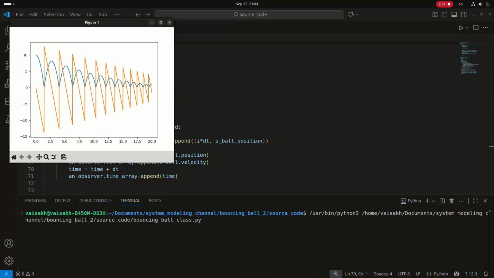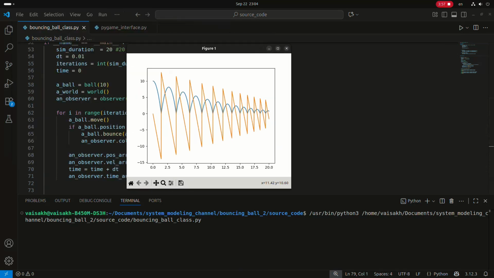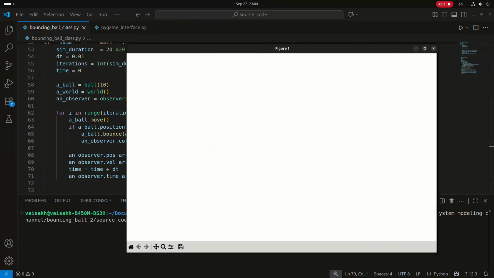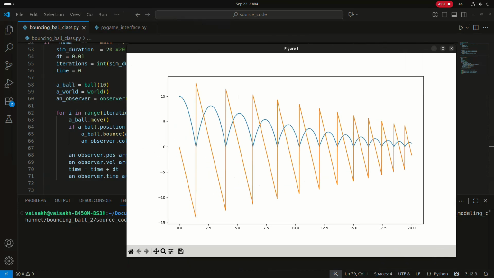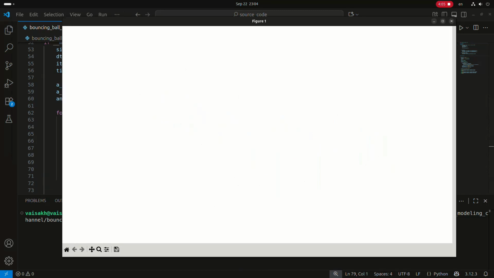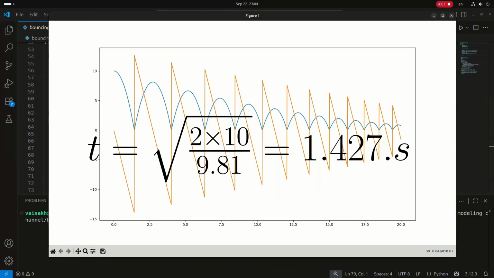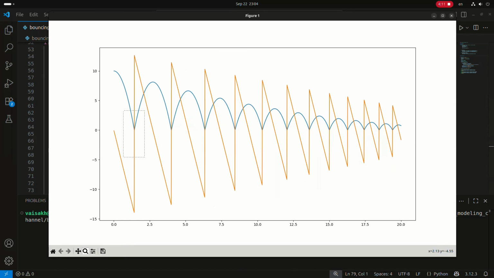All right, we are able to see the plots, and it looks like our simulation is running as expected. The first plot shows the position and velocity. It is seen that the ball takes about 1.42 seconds to reach the ground. Another feature